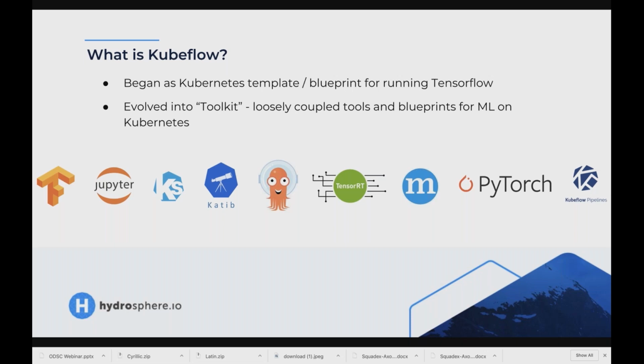Argo is also a tool in the Kubernetes ecosystem. Kubeflow Pipelines is the latest addition to the ecosystem, a nice Python DSL on top of Argo YAML configs. So in a nutshell,